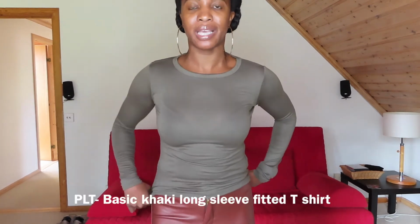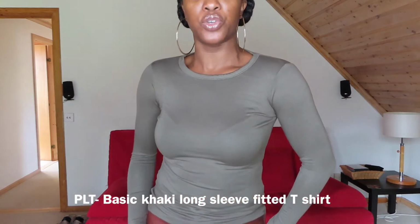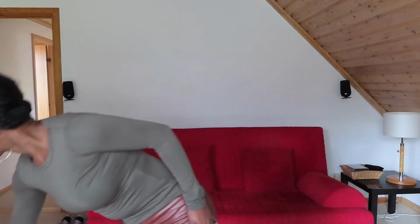All right, my lovely, so the first piece I want to show you guys is this basic long sleeve khaki t-shirt, and it has a lot of stretch. This is a size 8. I love these pieces because they're transitional. You can wear them for autumn, spring, and summer, and they are just amazing basic pieces that you really need in your collection. Now I also bought this in a black